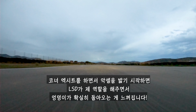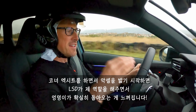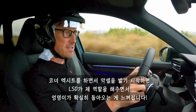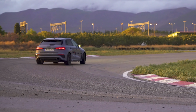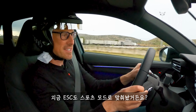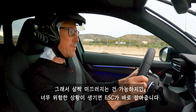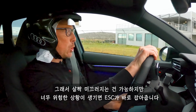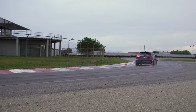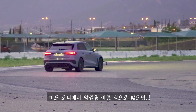And then when you stamp on the throttle, that rear differential does its job and really starts to drive the rear axle round. I've got the stability in sport settings, so it's allowing a bit of slip, but then it gathers you up if it starts to get a little bit too leery. There, you can just hit the gas and it'll just...